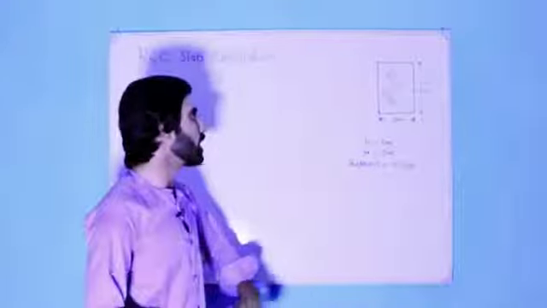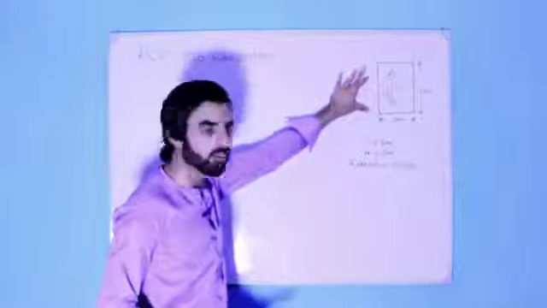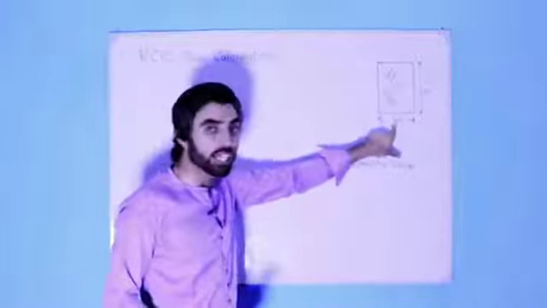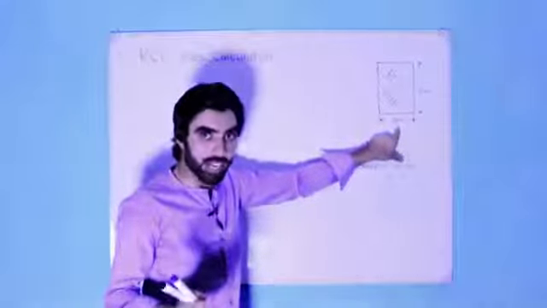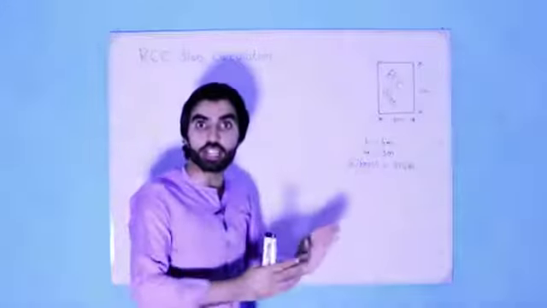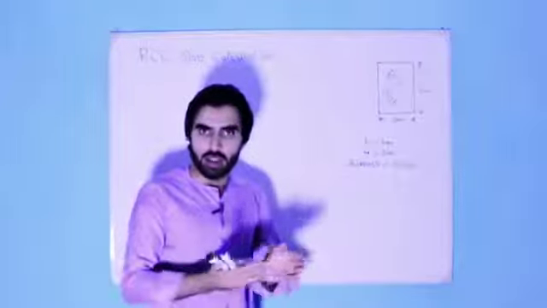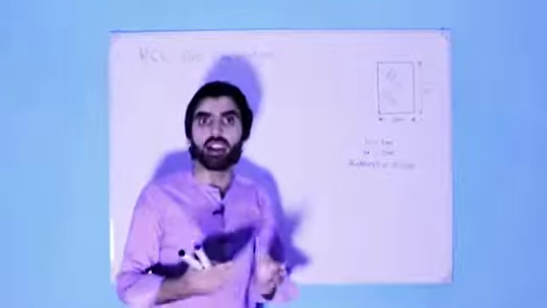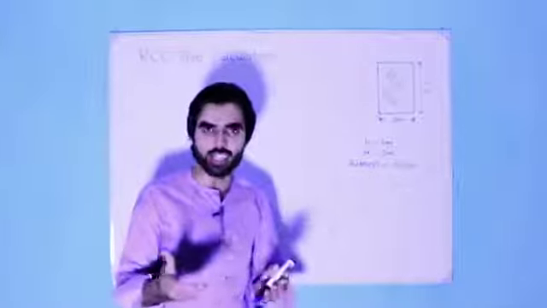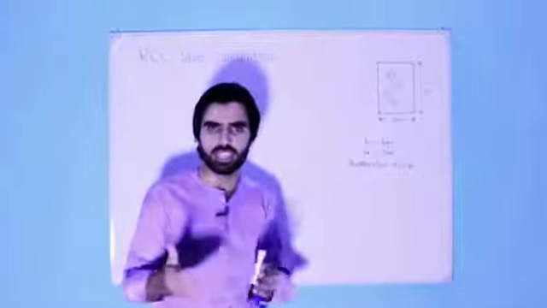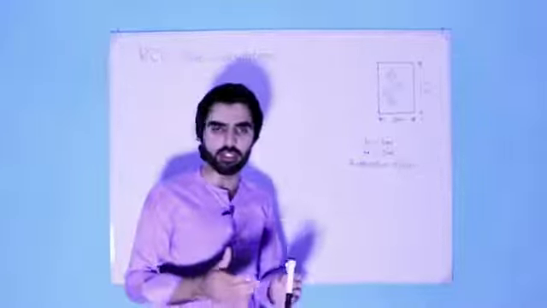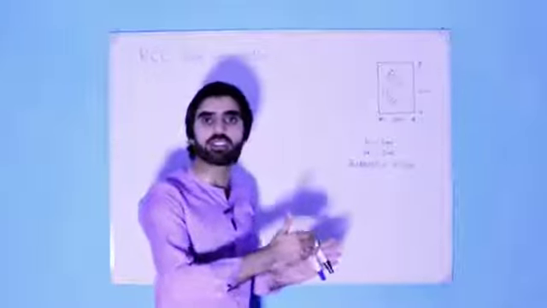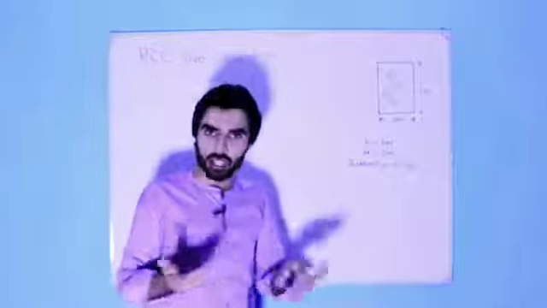Let's start. As you can see, guys, this is an RCC slab whose length is 6 meters and its width is 3 meters. Now in this slab we need to find its volume, and after the volume we need to find materials like cement, sand and aggregate. But I will not discuss cement, sand and aggregate, because I have discussed material calculations in many videos. Today I will just tell you this calculation.